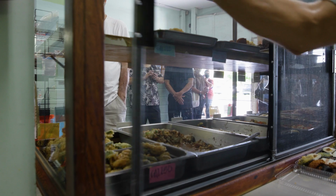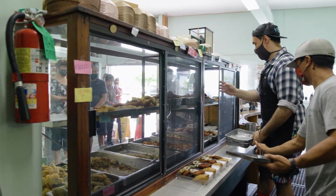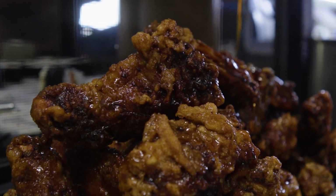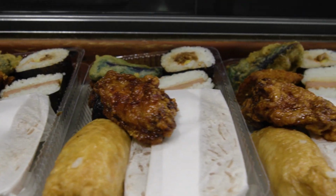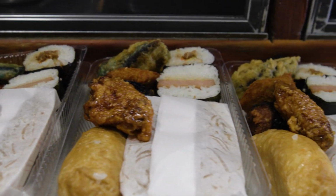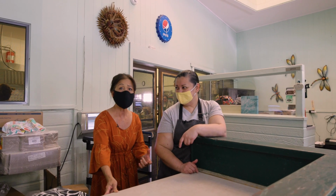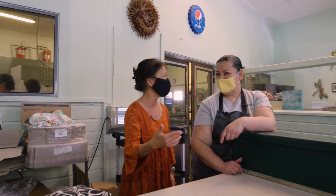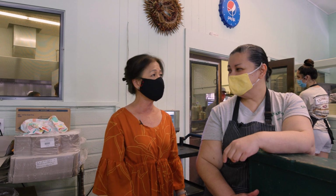You know what's great though, because a lot of okazu, they run out. You don't get there by 8 a.m., they're gone. So here you have a great constant supply. We try to replenish and keep on going. But I noticed your prices are really old school. You can get a bento for $4, for real. And that's like tempura and chicken. I was totally amazed. $4? You can't even get